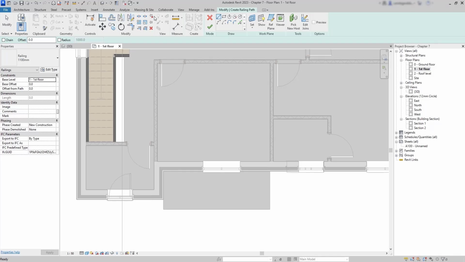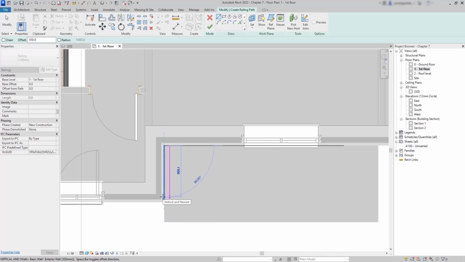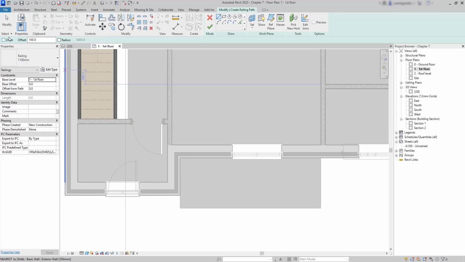This shares the same method as floors, but this time we will pick the line tool, which is the default option by the way. Let's set an offset distance of 100 mm, so the railing will not be in the limit of the floor. It's better to leave a space here. Then I click on chain to create a railing easily all along the slab. I will make 3 lines,